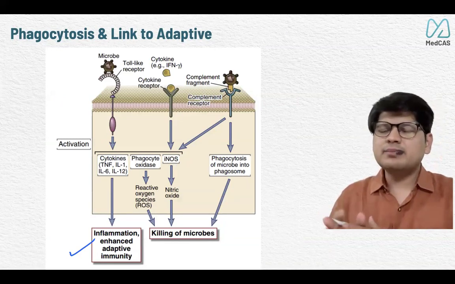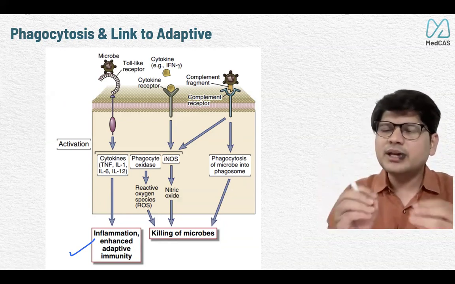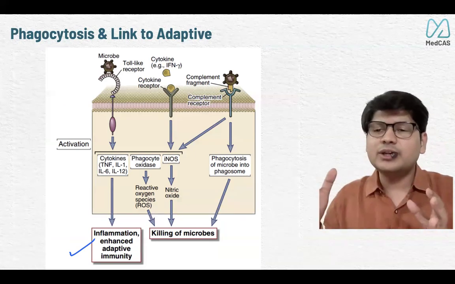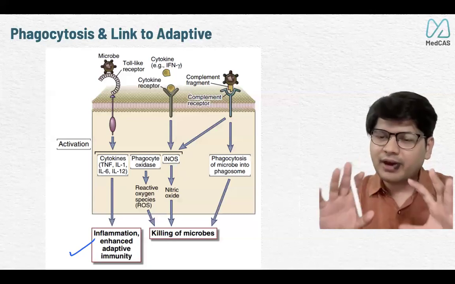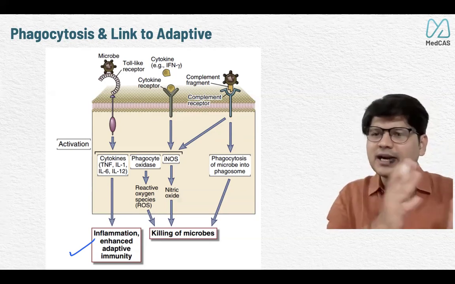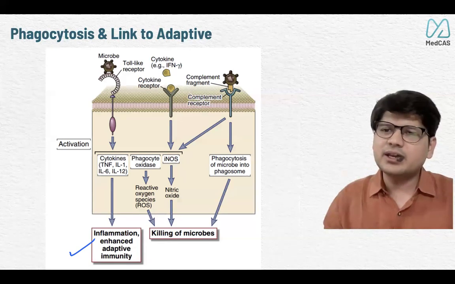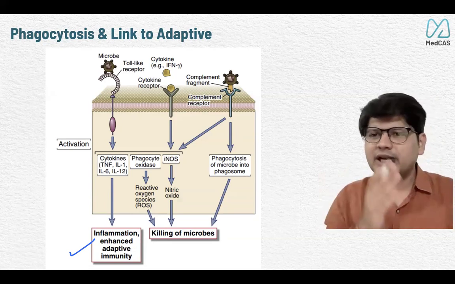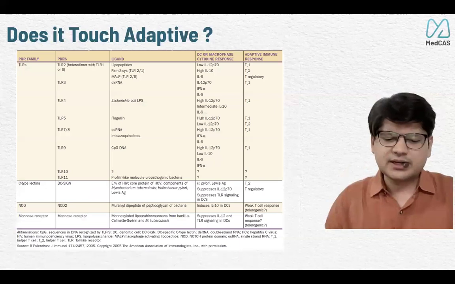So we have always been taught that this is the innate immune system, this is the adaptive immune system. Believe me, they are not two different systems. They are a kind of continuation. For our understanding, we have divided this part. Otherwise, once the bacteria attacks, the innate starts kicking in, but it has to tell the adaptive, because the better and more specific killing is done by adaptive immunity. So everything is linked, but for understanding, we make it a little separate and take separate classes for these things. Otherwise, things are quite linked.